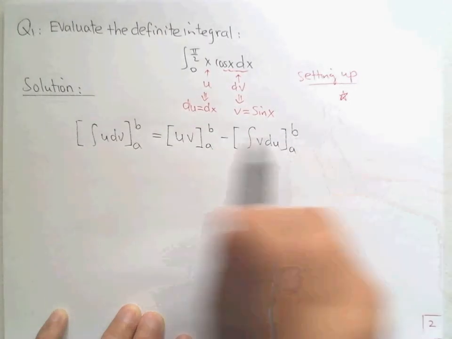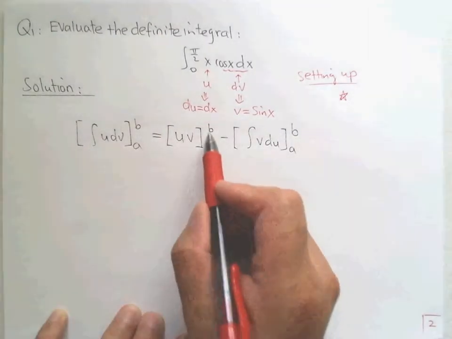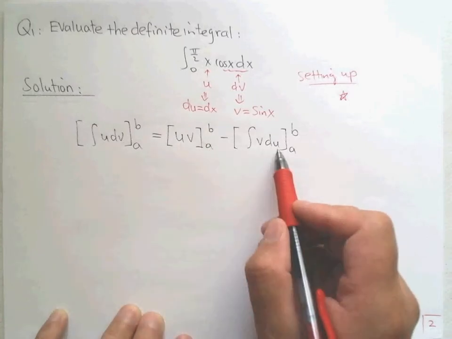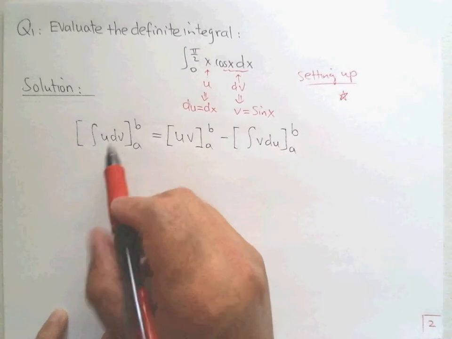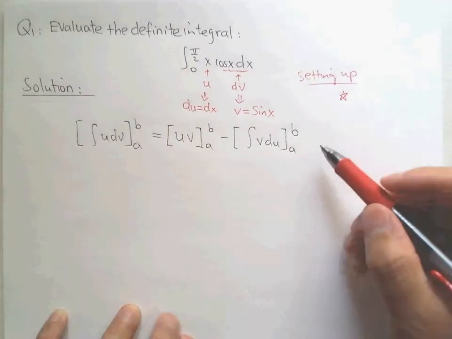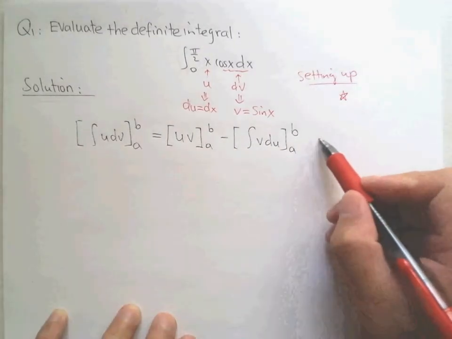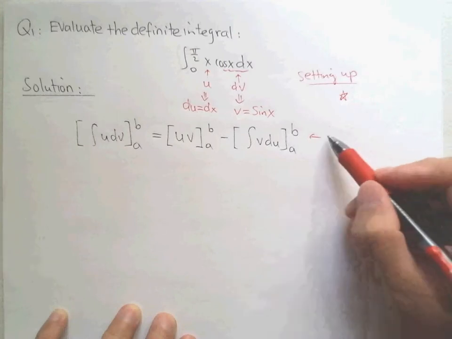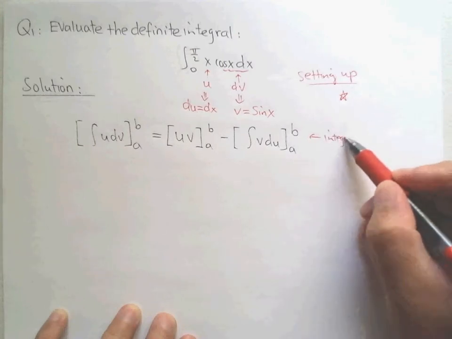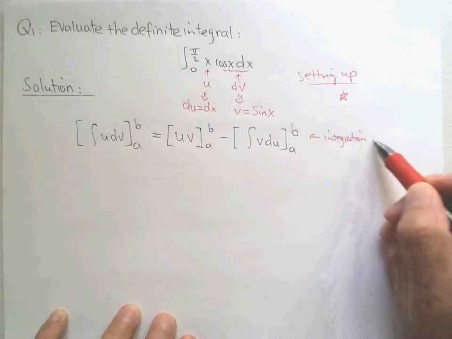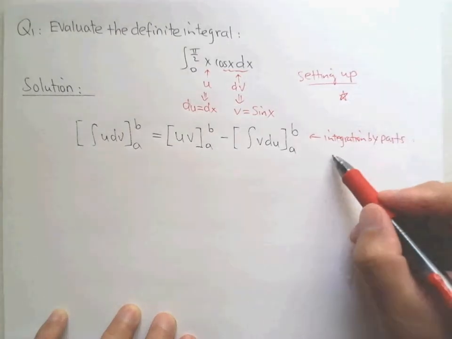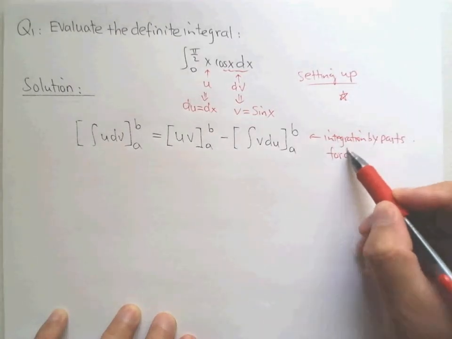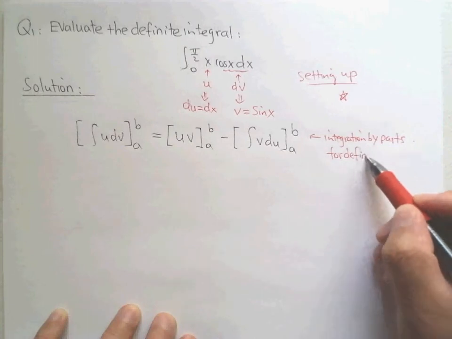So keep in mind that, we simply say this is the whole, this is part 1, and this is part 2. If part 2 is easy, then we can use part 2 to find part 1. So that we call integration by parts. It's the formula I copied. This is the integration by parts, but this time it is the version for